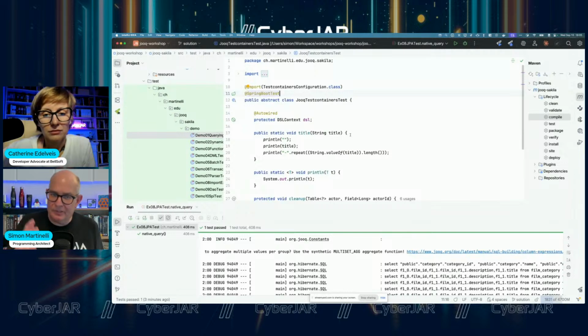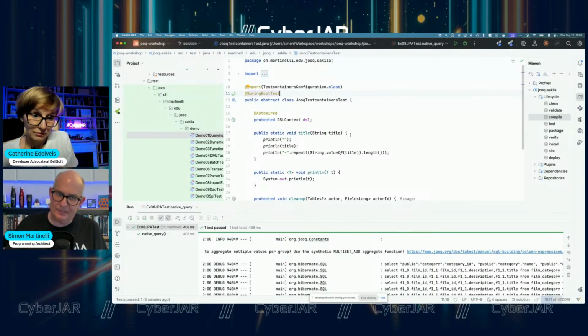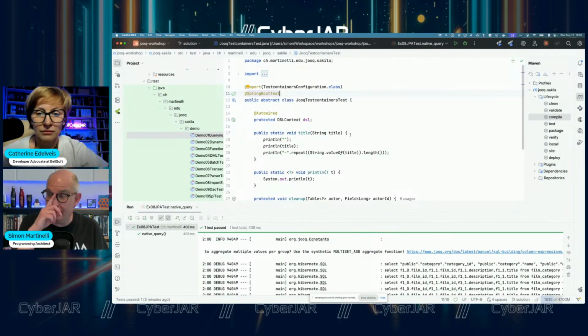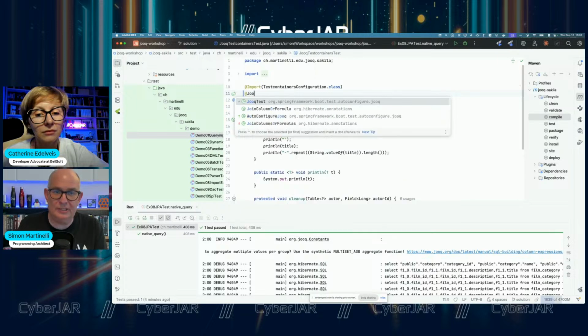Now, people knowing Spring Boot may ask, but you're testing the database layer, why are you using Spring Boot test? Because Spring Boot has the test slicing concept. So you can have a test slice like DataJpaTest that just starts JPA and the database connection. So to say, I could use JooqTest.